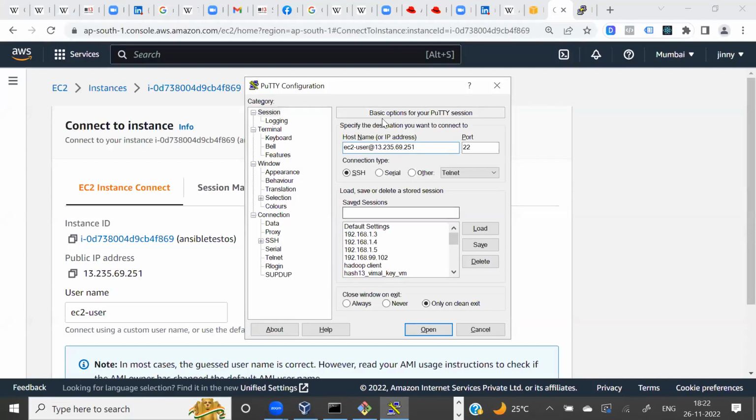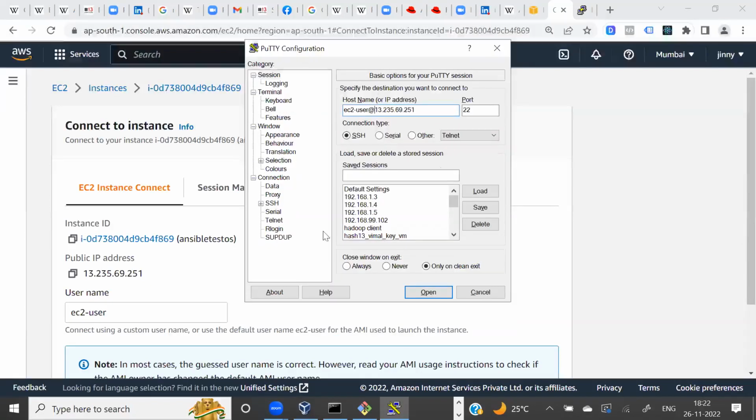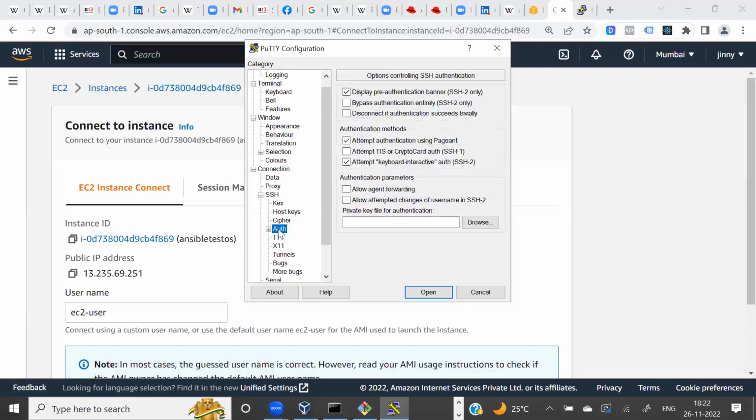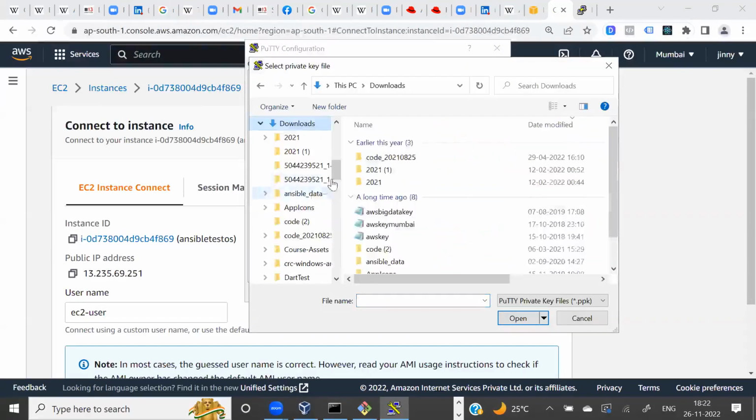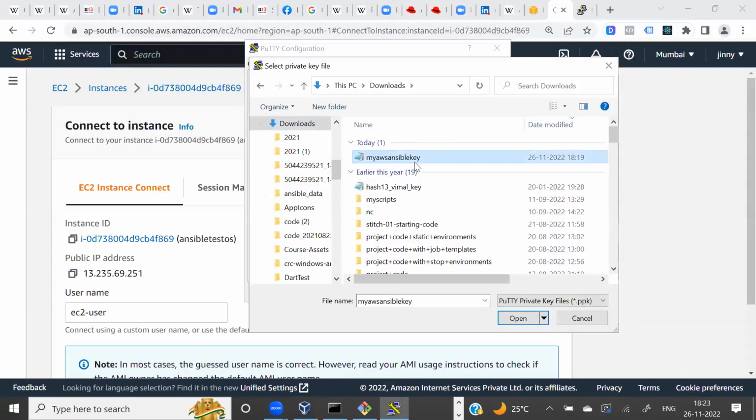Because right now we have to log in to this OS with a password, and the password is the private key. In this Putty program, there's an option here, SSH, Auth. Here you give your private key. You add, browse, and connect your private key. So click, and this is the private key I downloaded today with this name. It's in PPK format, and Putty is a program that fully supports PPK format. That's why I downloaded it in that format.